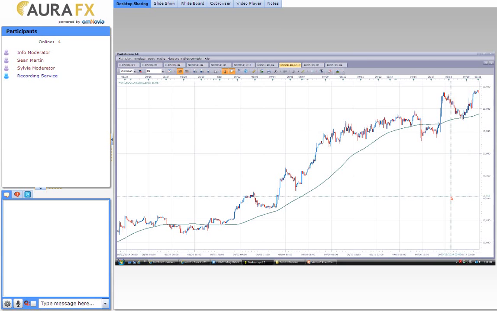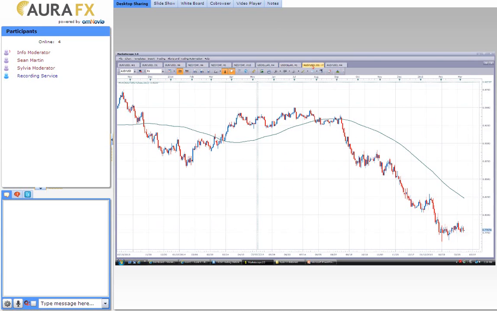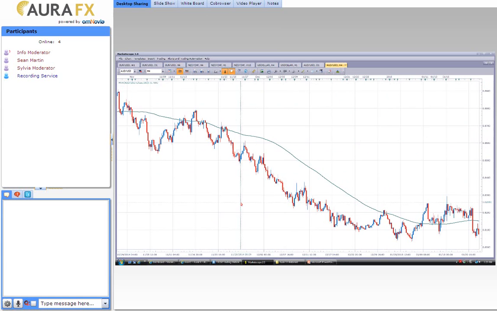Okay, let's go to another one here, and let's go to the Aussie dollar. And we can see that the market is moving down strongly below the 100-day, or this is a daily chart, 100-day simple moving average, just a series of ABCs, which you could take advantage of right on that chart. But if you want to be a little bit tighter and take advantage of it, we move down to the 4-hour chart, and we can see this strong move below within the larger move on the daily chart. It's a little bit easier to see these ABCs, and we got the same thing, just one after another, potential trading opportunities.